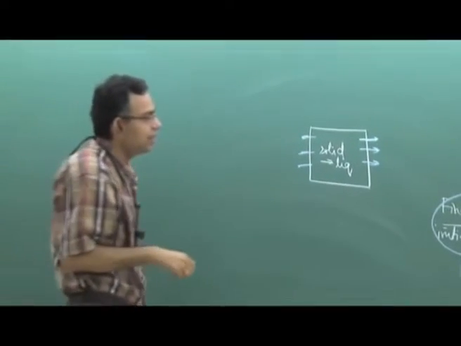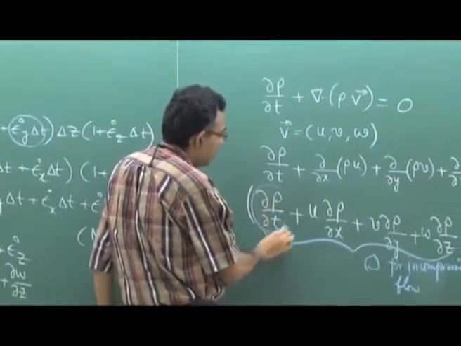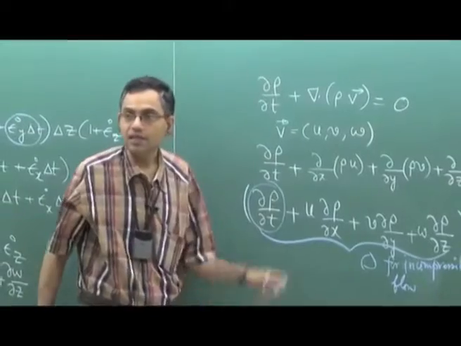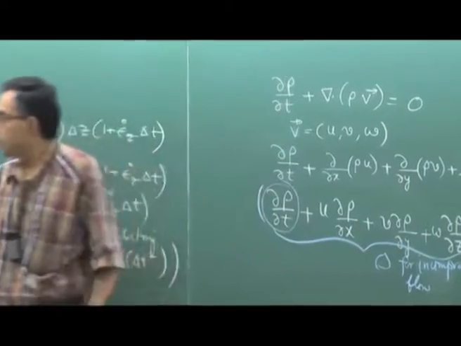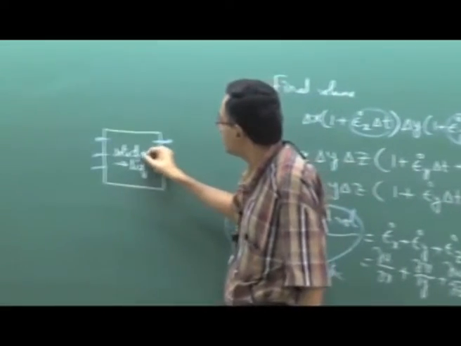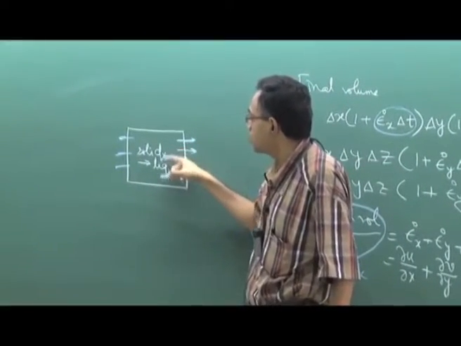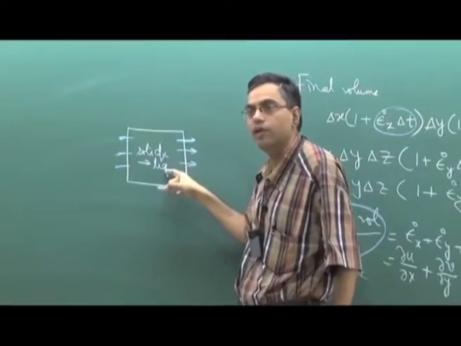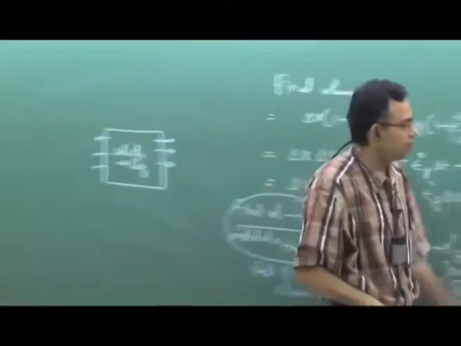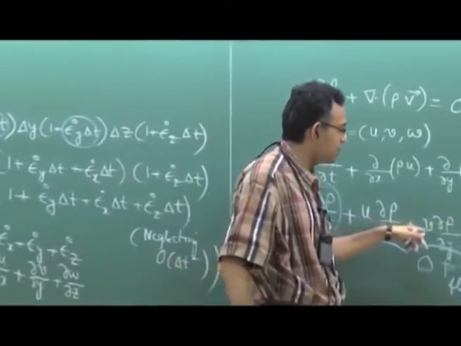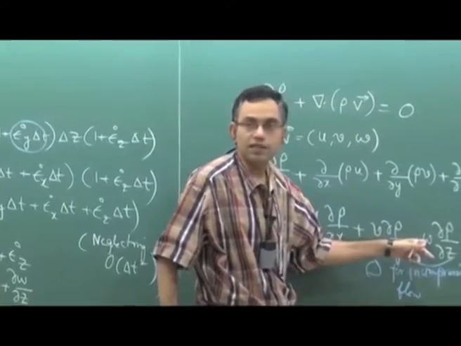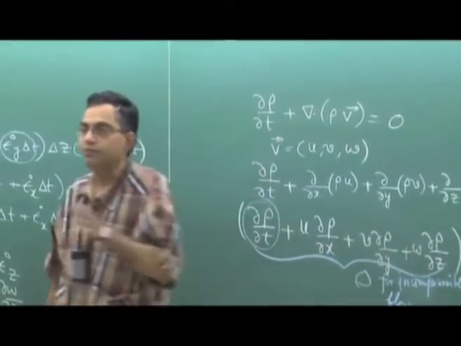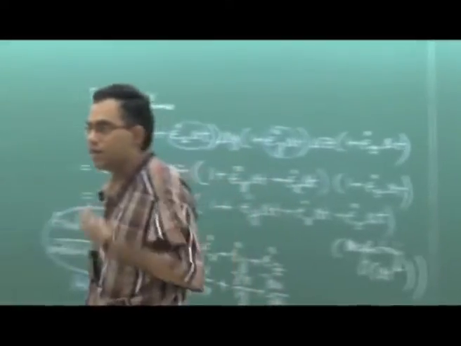So, what does it mean? It means that, look at this term del rho del t. What is this? This is the rate of change of density at a given location due to change in time. You have a del rho del t because at a given instant of time within the control volume the solid has changed to liquid, which are of different density. Then you have these flow terms, u del rho del x, v del rho del y and w del rho del z. These are advective components of the change in density.